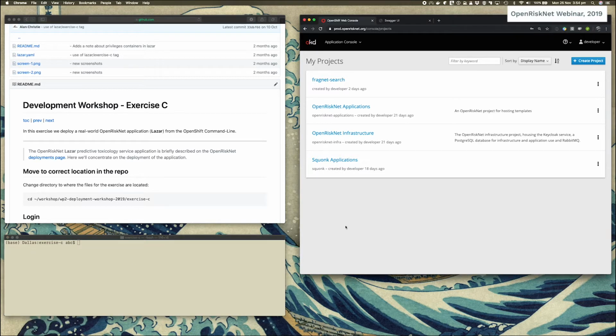And we can also see the OpenShift project, in this particular case the developer user's project, where we already have a number of applications deployed. We're going to deploy an application into this user's workspace. So if we return to the README,